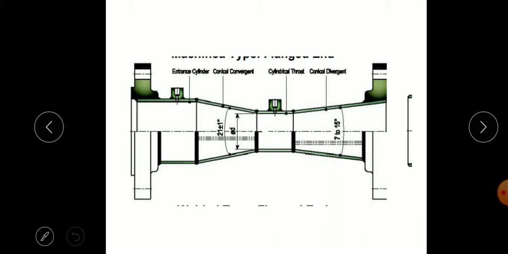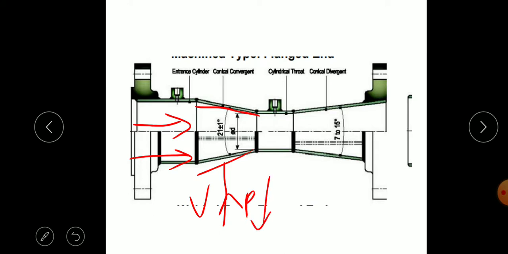Now we see first the flow, the inlet water or any fluid is coming. As the area goes on decreasing, along this the velocity goes on increasing in the converging part at the expense of pressure. Here pressure is reduced in this converging region. As the velocity increases, the total energy is constant, so pressure energy is reduced along the flow. When the fluid comes to the throat section, it has the higher velocity.